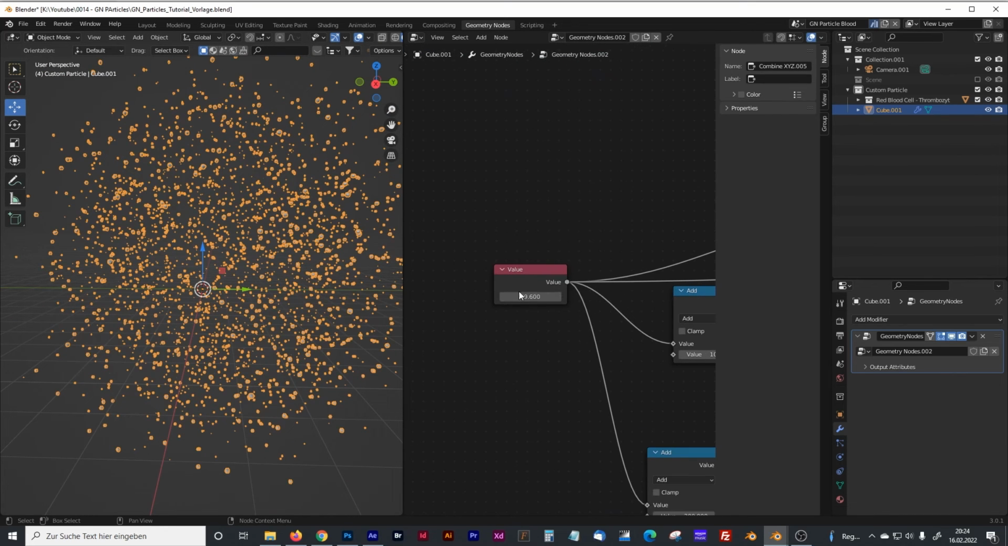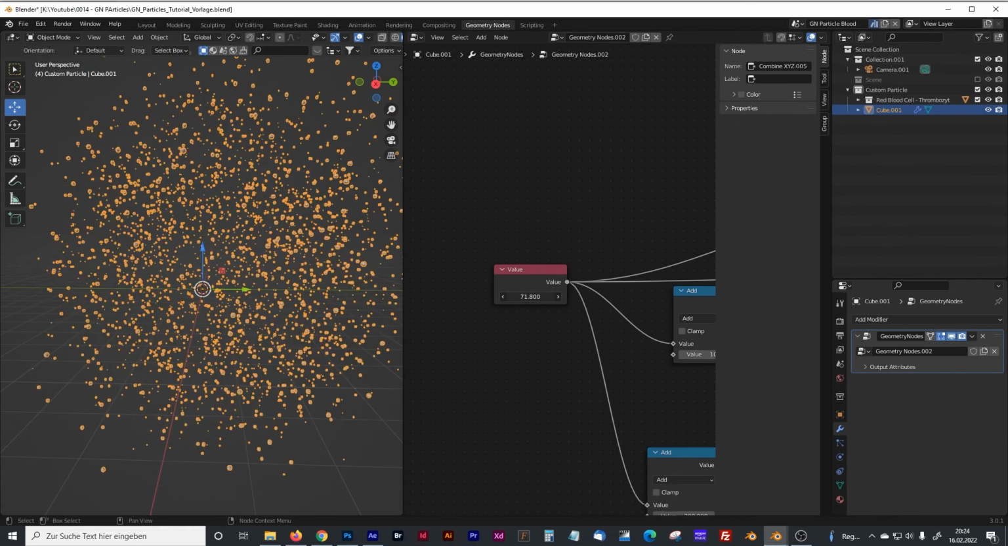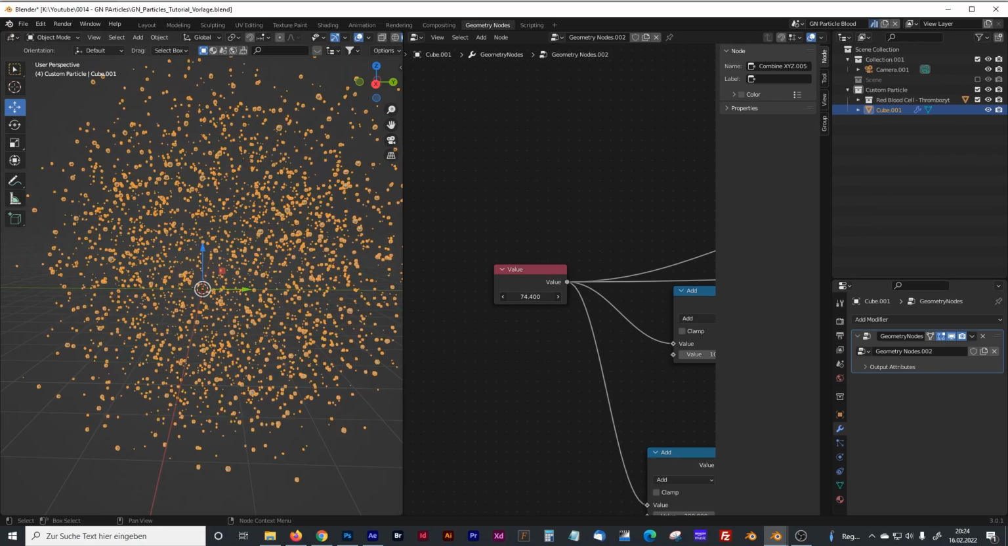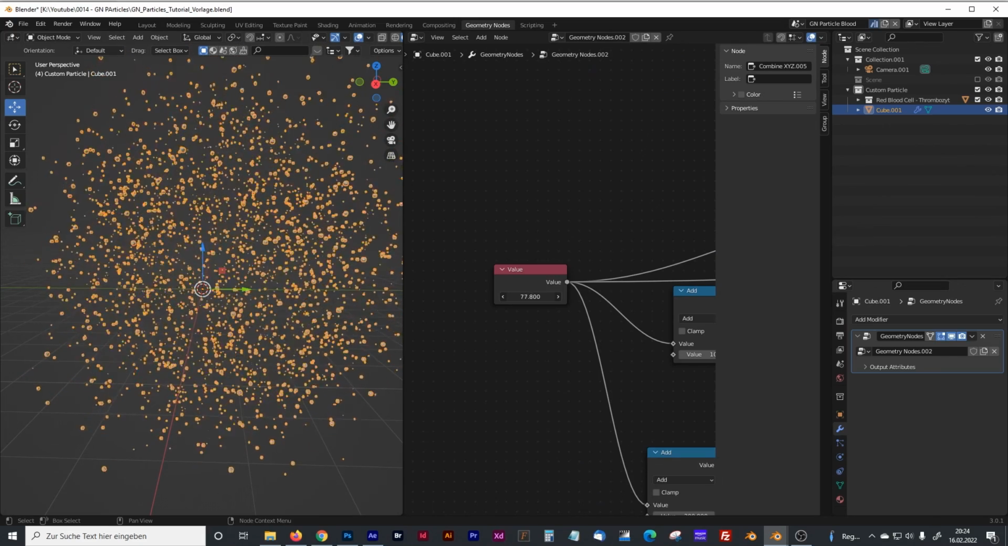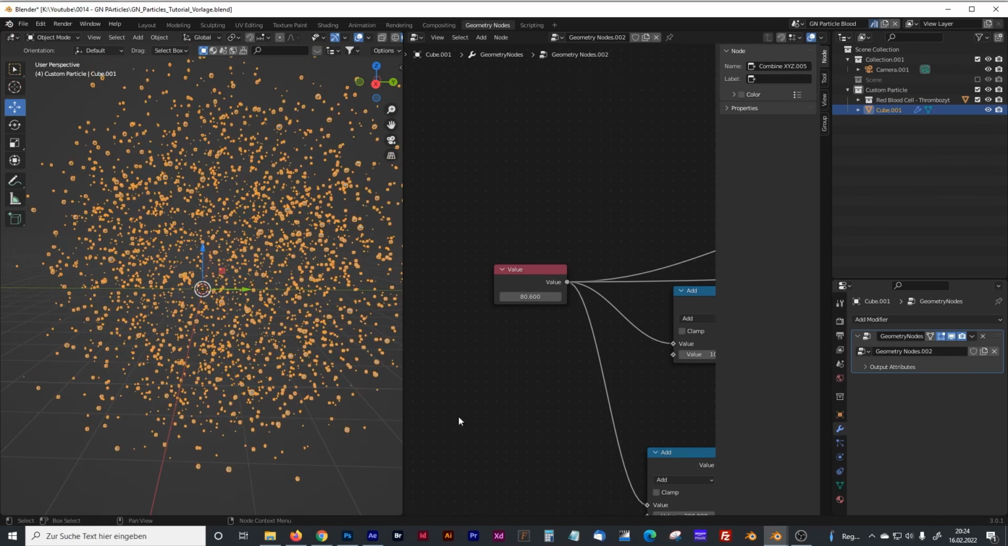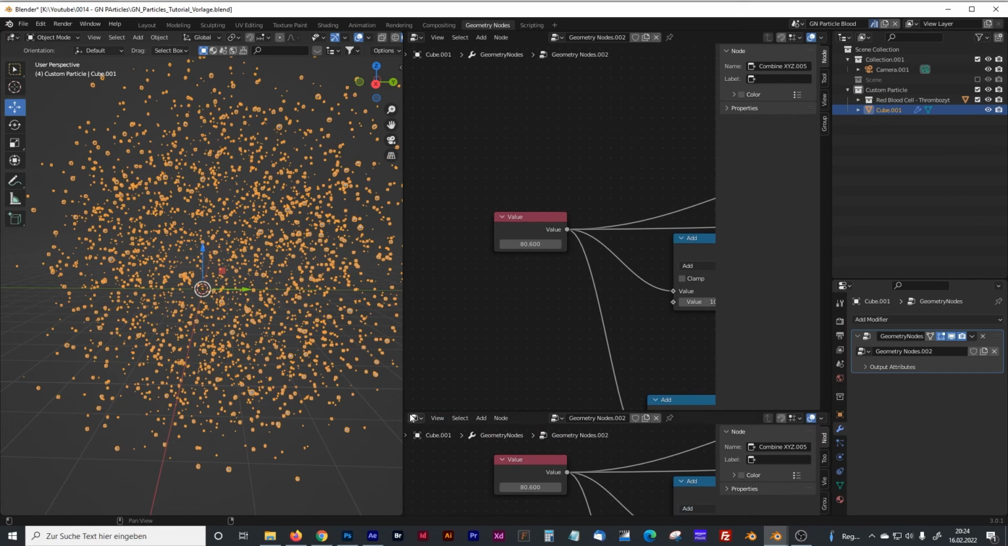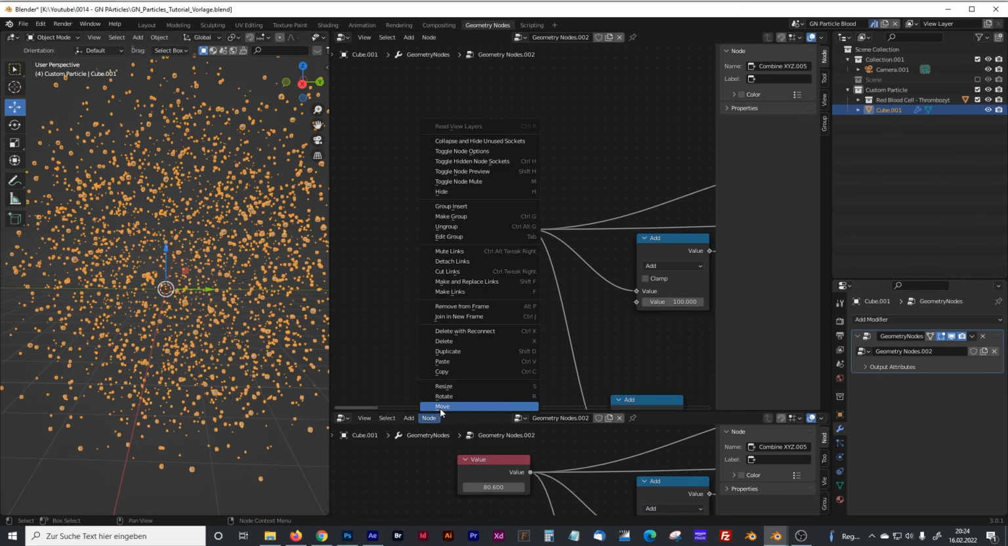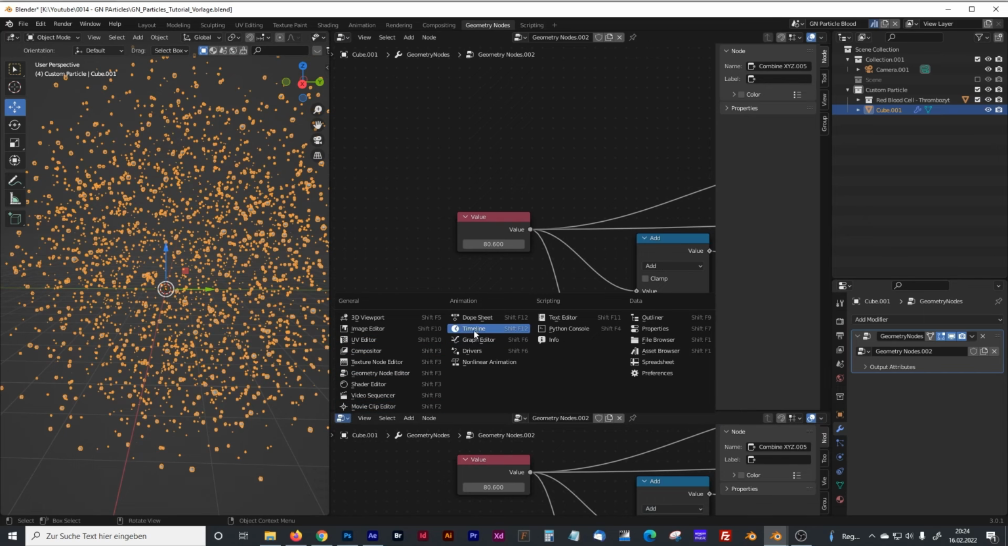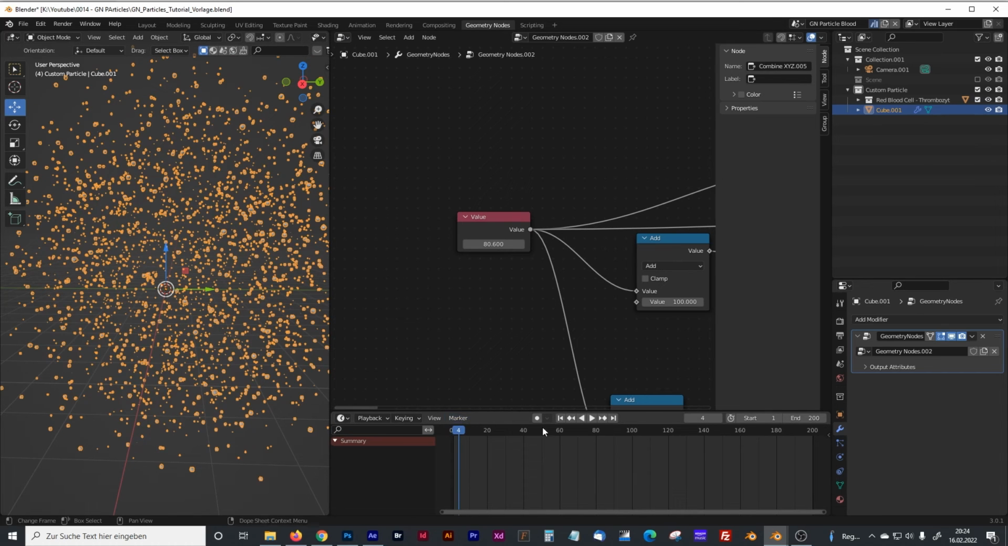And again, if I play the values, we have a pretty nice random movement. So how to animate that in a loop? Maybe if you have never done that before, I will show you. We have to go to the timeline. Now go to the first frame,